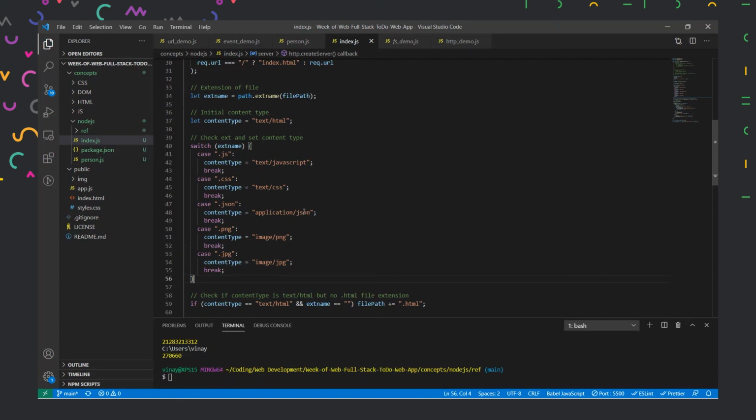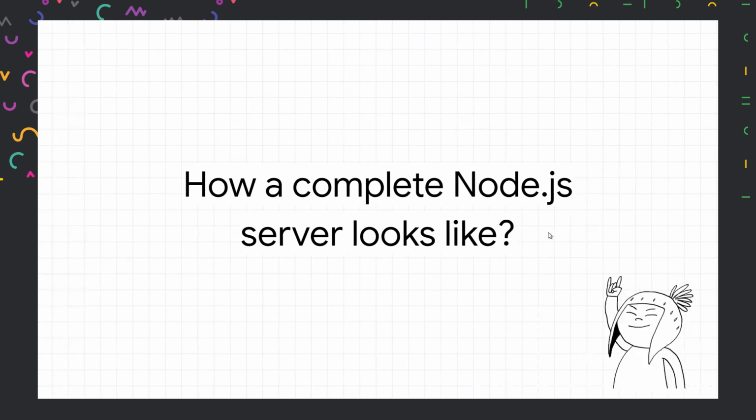By CRUD, I mean C stands for create, R stands for read, U stands for update, and D stands for delete. All these four functionalities should be implemented in a database. How to write all these CRUD functionalities, that also we'll discuss. So tomorrow's session will be a very important one for us, right? So that is how a Node.js server looks.